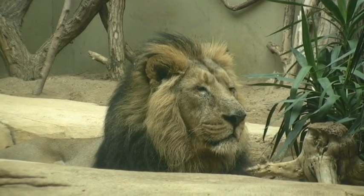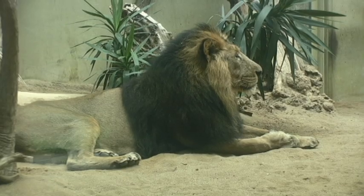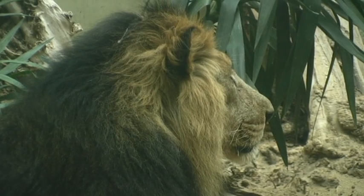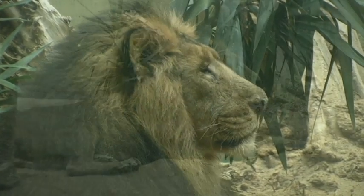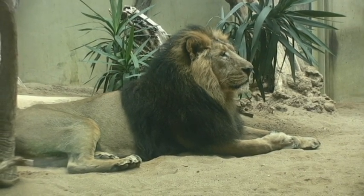This is an Asiatic lion. When people think of lions, they think of Africa, but there are actually a small population of just over 400 lions that live in and around the Gir forest in India. In the past, zoos would breed Asiatic lions with those of African descent, but in the last 20 years, due to new research technology and breeding plans, their genes have been kept pure in European zoos, and every Asiatic lion is kept track of. In short, the Asiatic lion is slightly smaller than the African lion, and the males have less of a mane,